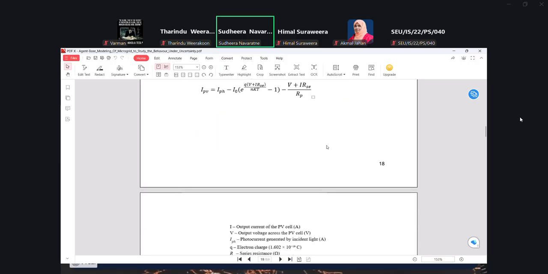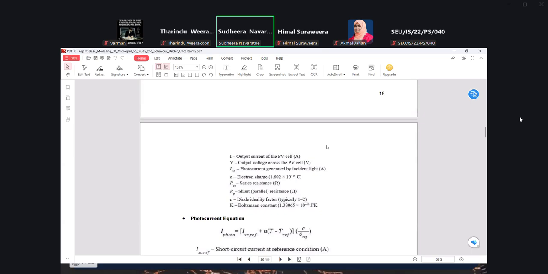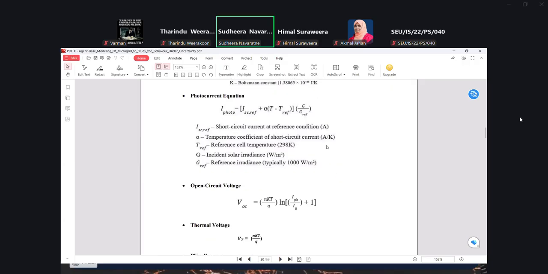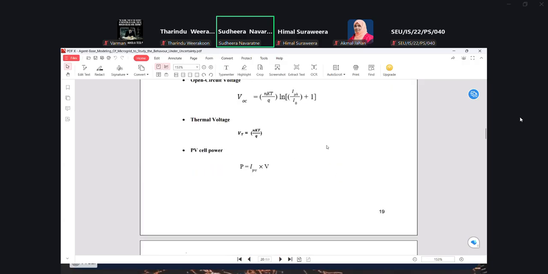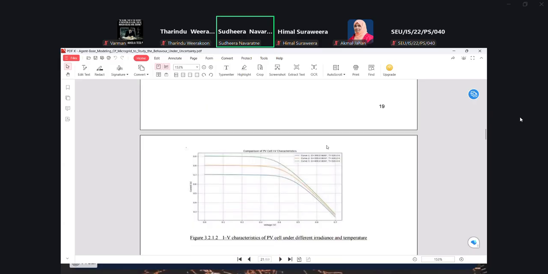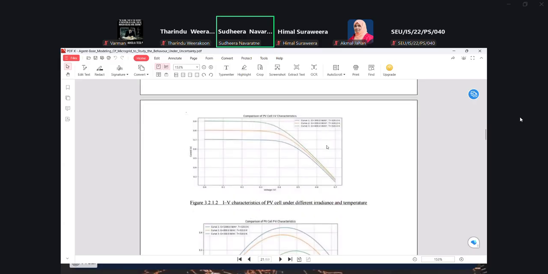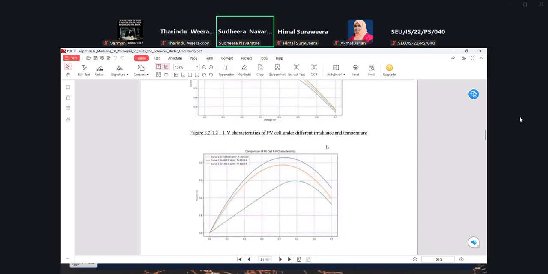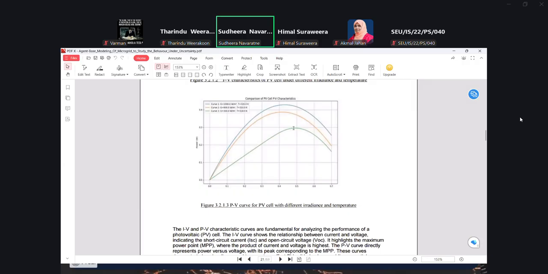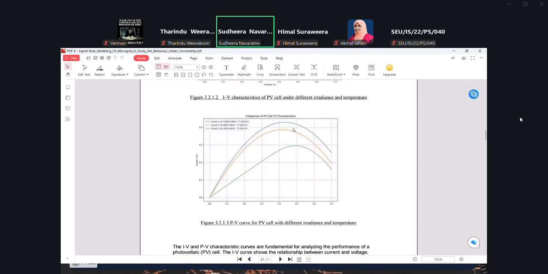That can be done through a set of equations. I'm not going into the details of these equations. So you can calculate the voltages, power, and so on, and you can derive the I-V characteristics and the power delivered based on the different irradiance levels from these equations. Those equations can be embedded into the PV agent.